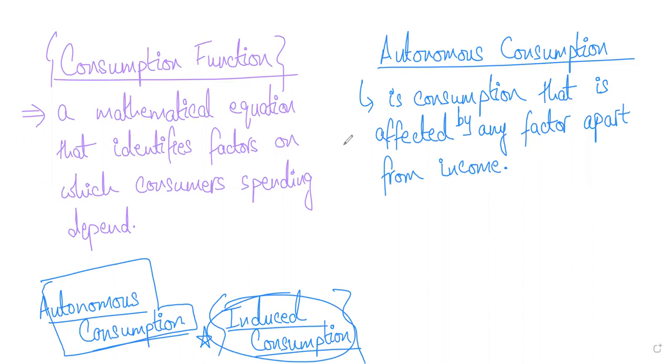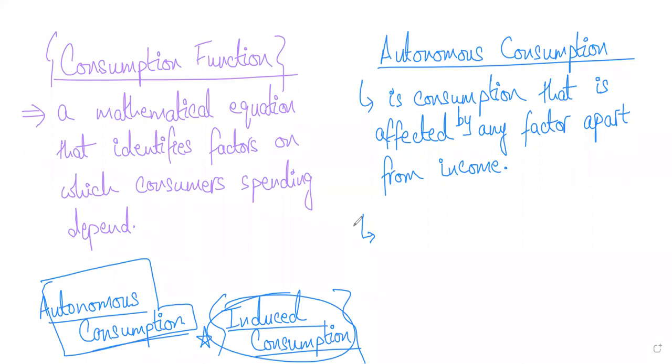Induced consumption only consists of income. Exactly. So जो आपकी consumption depend कर रही है ना on income, that would be induced consumption. So हमने क्या किया, हमने सारे जो factors अभी list down किए थे ना जो आपकी consumption को affect करते हैं उसको हमने दो categories में divide कर दिया to make the model easy. मतलब कि अभी आपको ये बहुत confusing लग रहा हो and this might even sound कि this is so weird. Why are we doing it? There are so many different factors. Why are we not treating them differently?